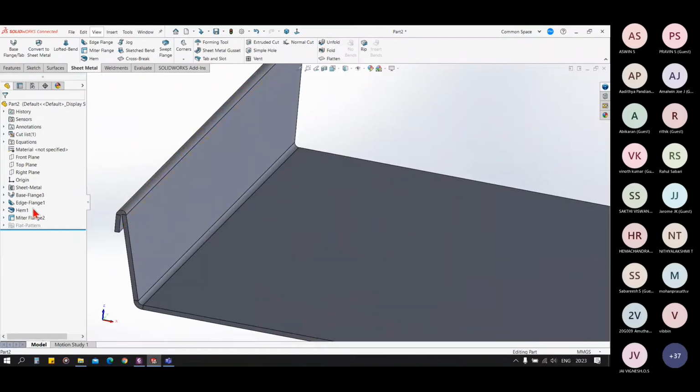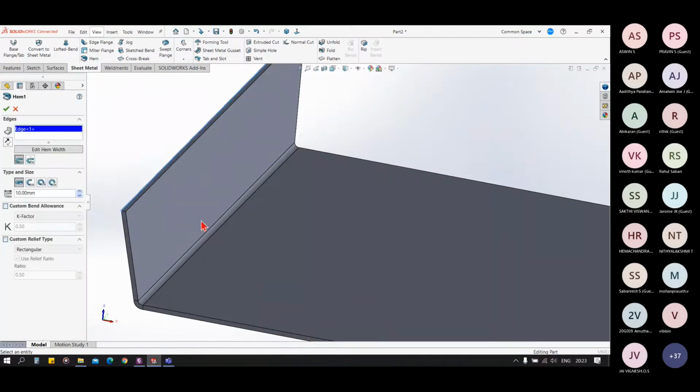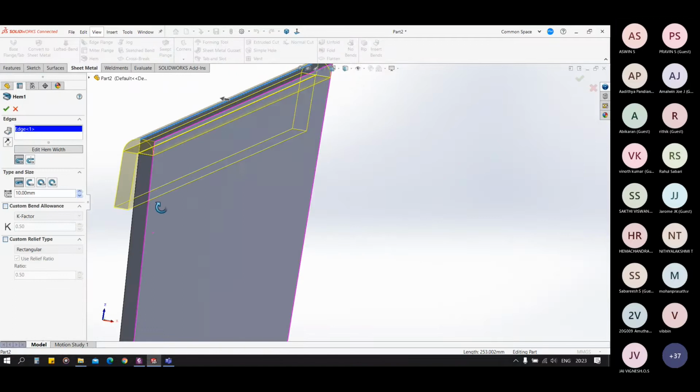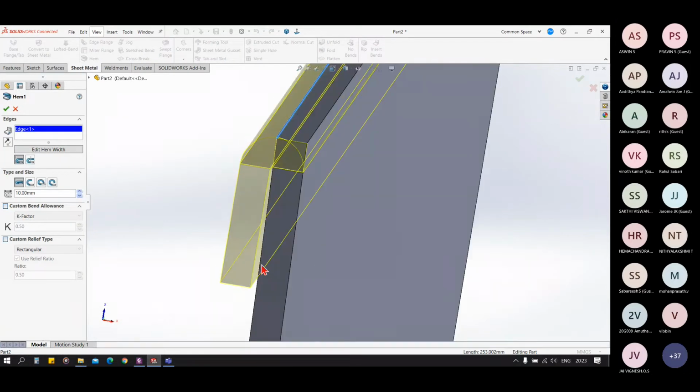In the hem, you see, this is the closed hem. Closed in the sense it is very close to the flange, and this is the open one.